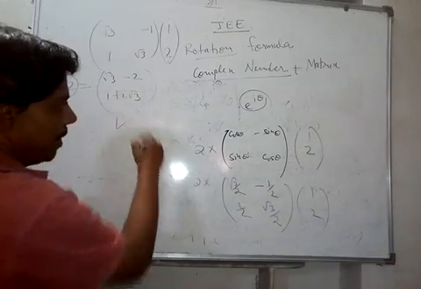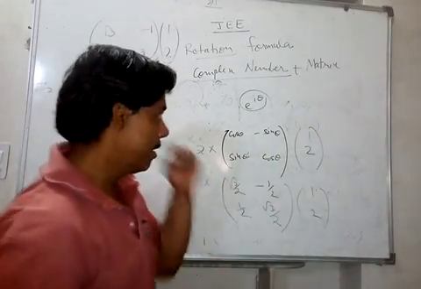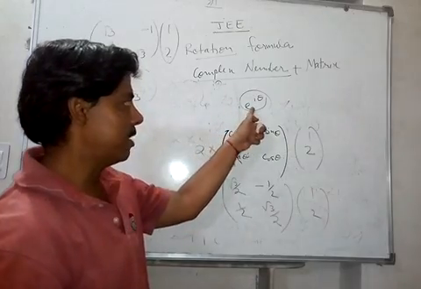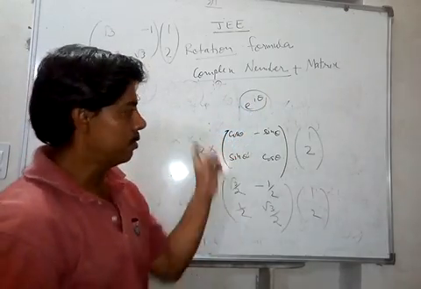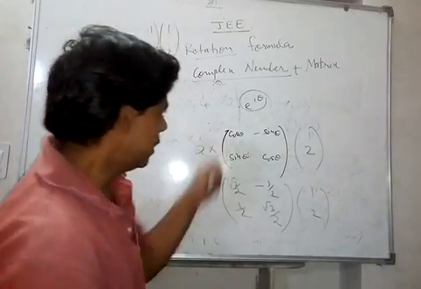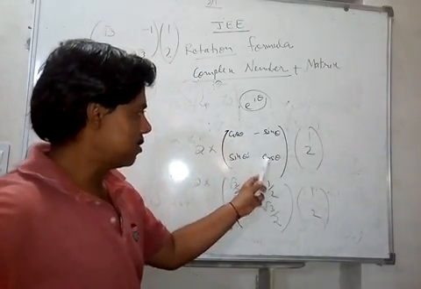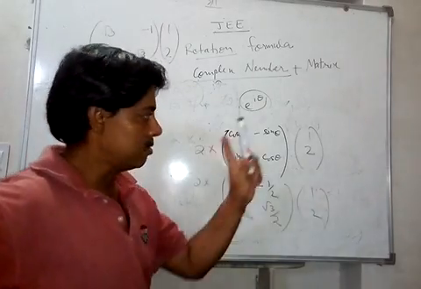So this way, now look at this matrix here, cos theta, minus sin theta, sin theta, cos theta, and I am saying it is equivalent to multiplying e to the power iota theta to the complex number. Now why am I saying that? Because it is just the same. An important thing is the determinant of this matrix is cos square theta plus sin square theta, that is 1.